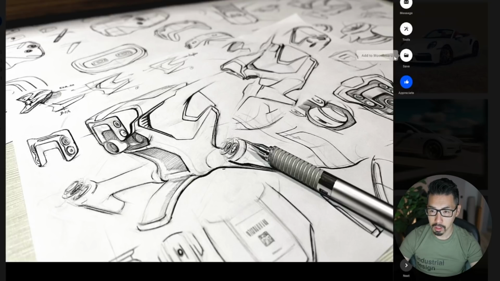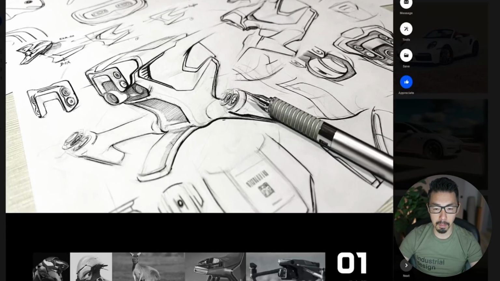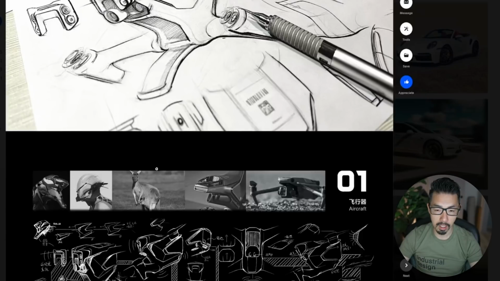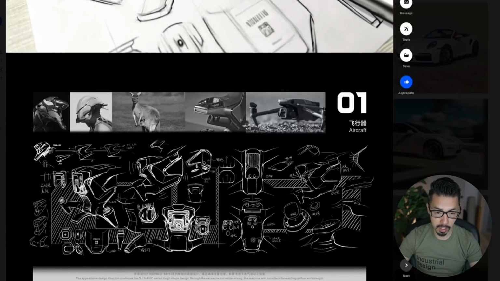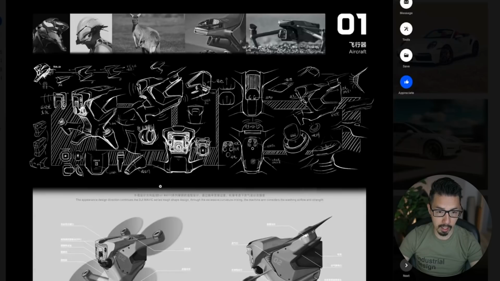I don't really see too much exploration about what the different kinds of shapes this drone can possibly be. It literally just looks like one exploration with maybe details changed from it. But again, like I said, this is a personal project, so you don't really need to have too much exploration if this is just going to be something for fun. But it looks like he's done a really great job faking it all in,